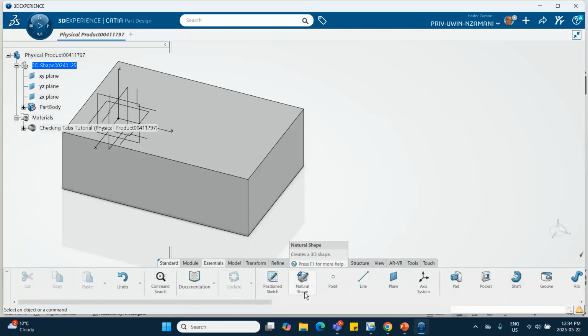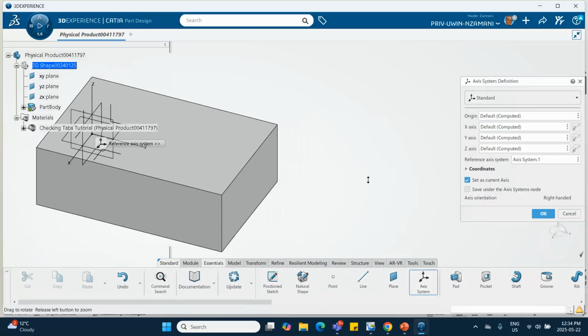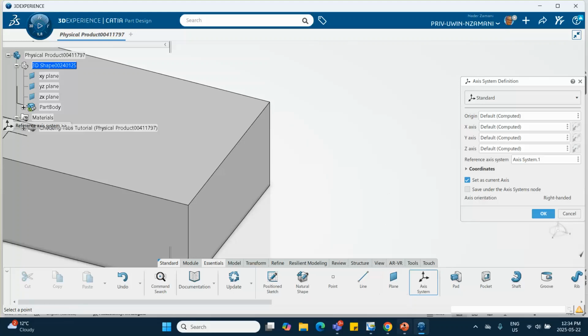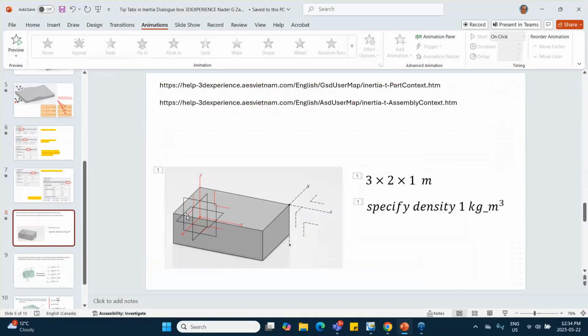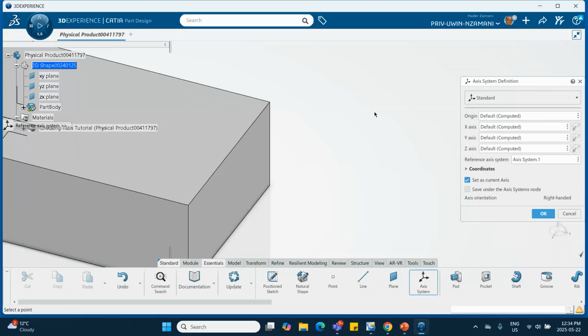Essential. There's the axis system right here. Suppose I create an axis system just like that. Z this way, X going down. Okay, let's try it. So origin is that location,